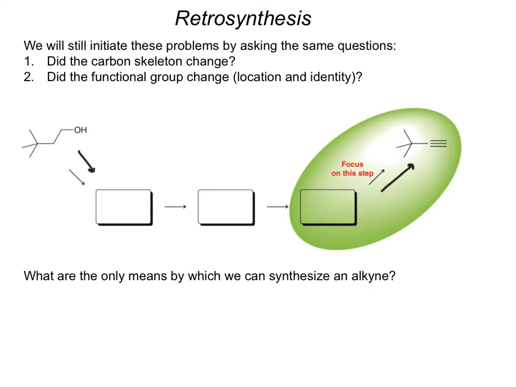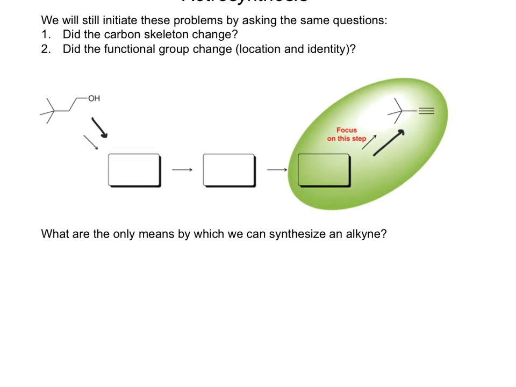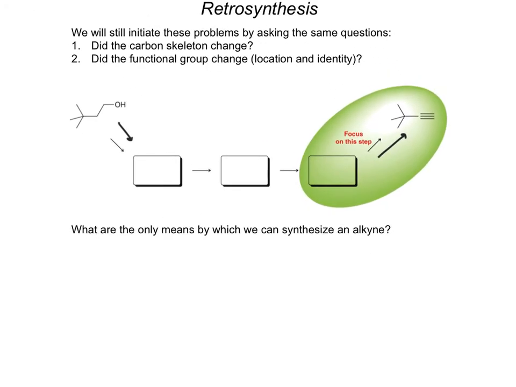We've only talked about one very specific reaction where we can make an alkyne from something else, and that came in that alkyne chapter, chapter 9, right? The only way that we can make an alkyne is via a dihalide undergoing successive elimination reactions, right? So